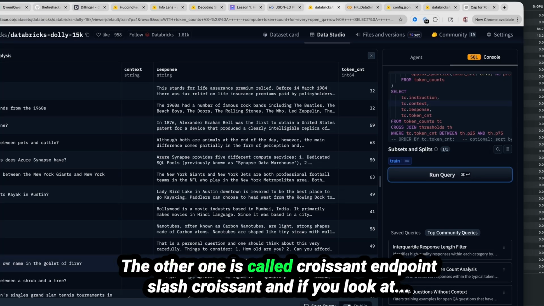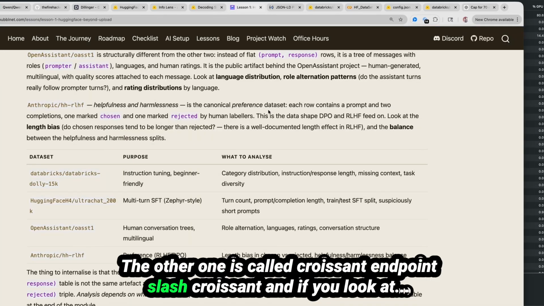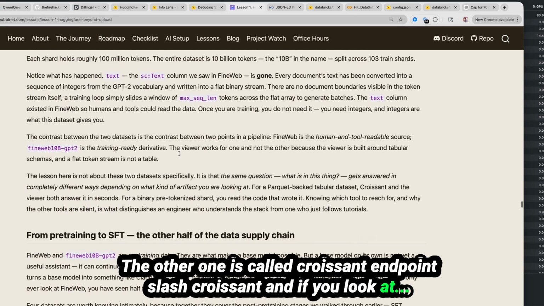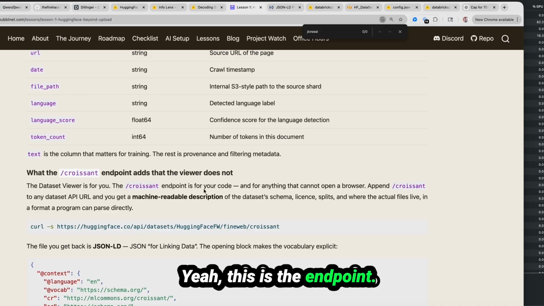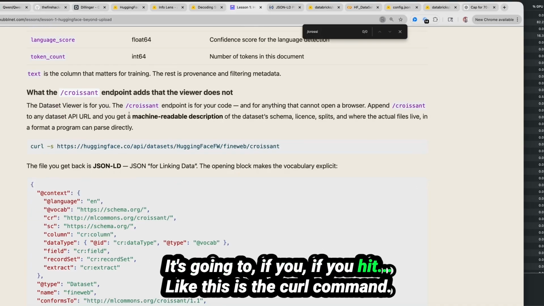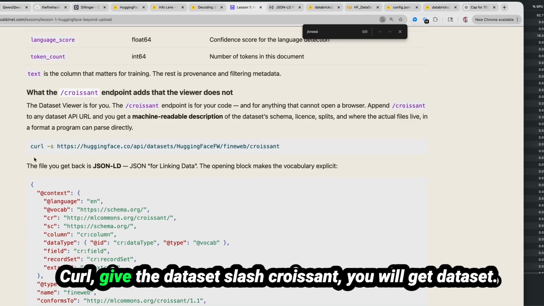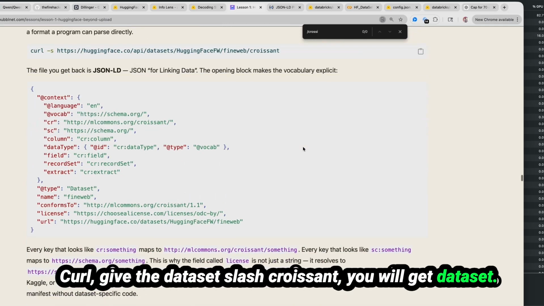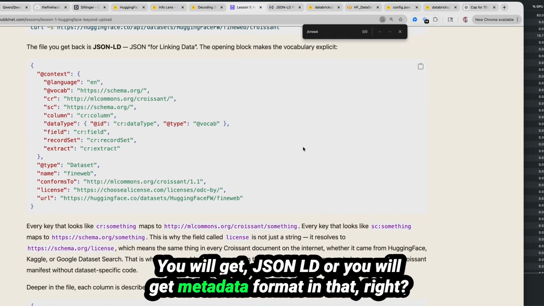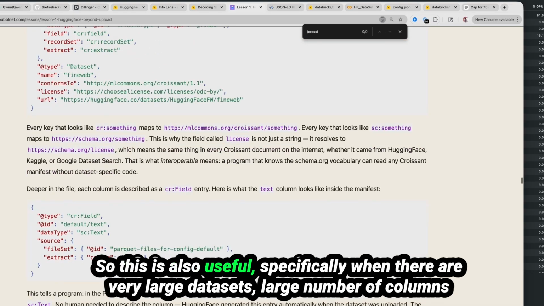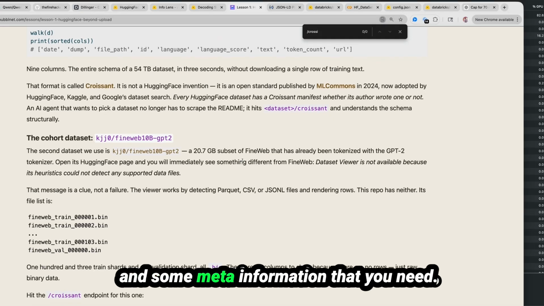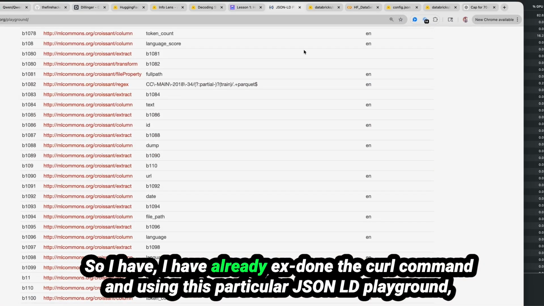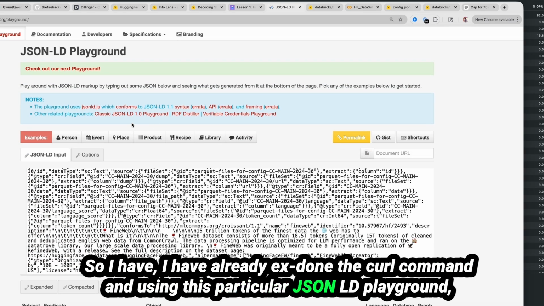The other one is called the Croissant endpoint, /croissant. And if you look at this, this is the endpoint. If you hit it, like this is the curl command, curl, give the dataset /croissant, you will get JSON-LD, or you will get metadata in that format, right? So this is also useful, specifically when there are very large datasets, a large number of columns, and some meta information that you need. So I have already done the curl command and I'm using this JSON-LD playground, trying